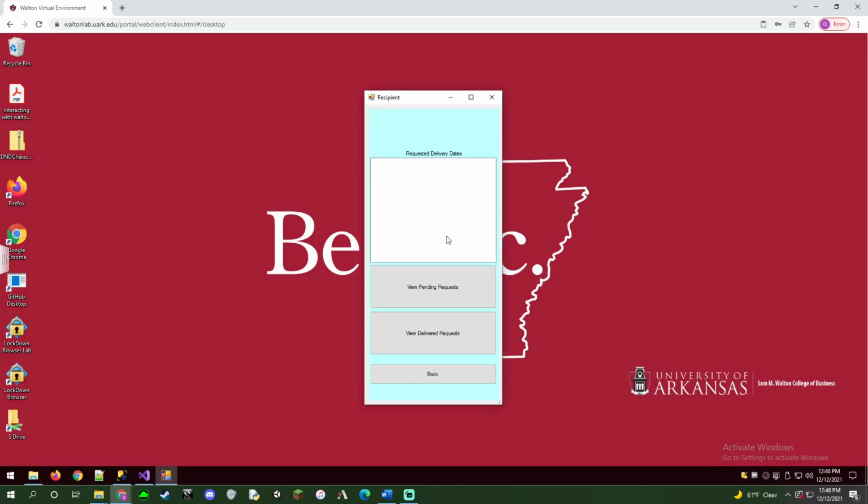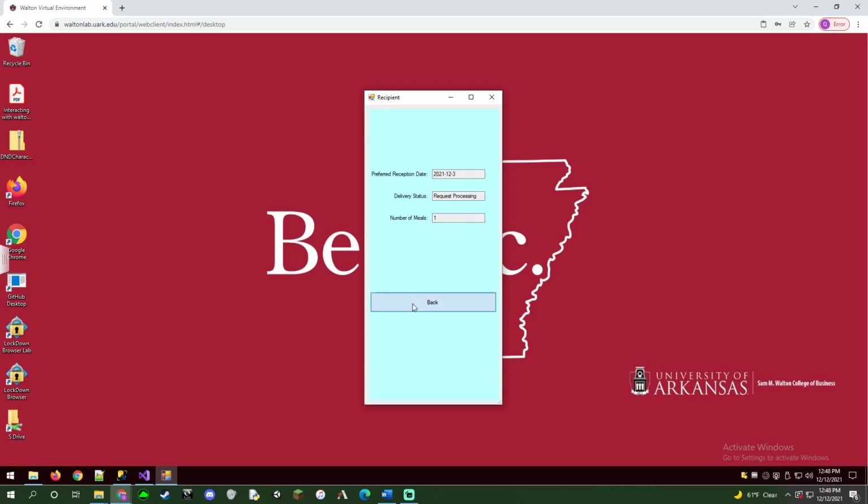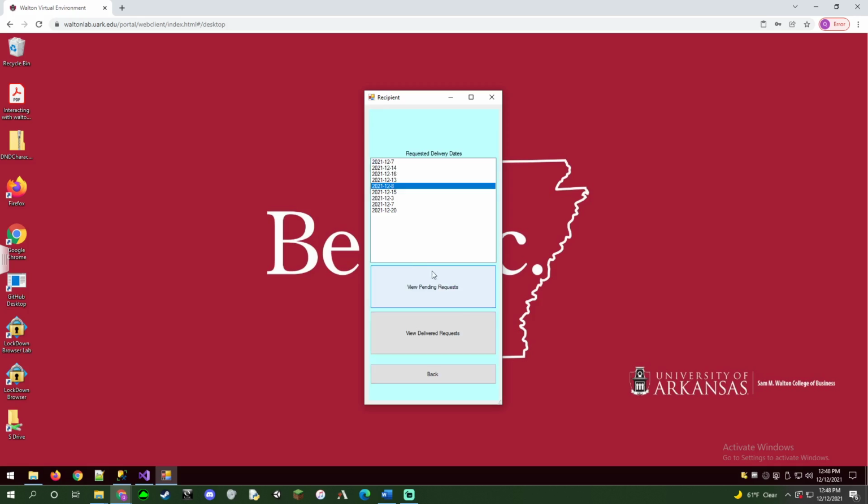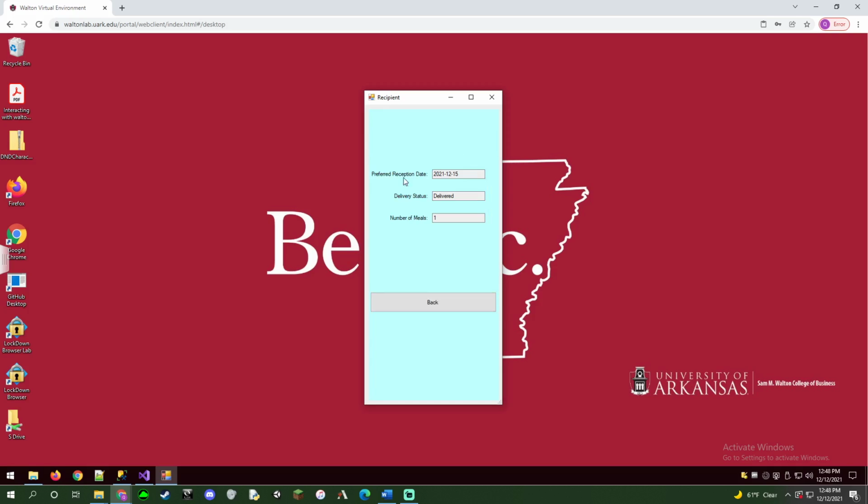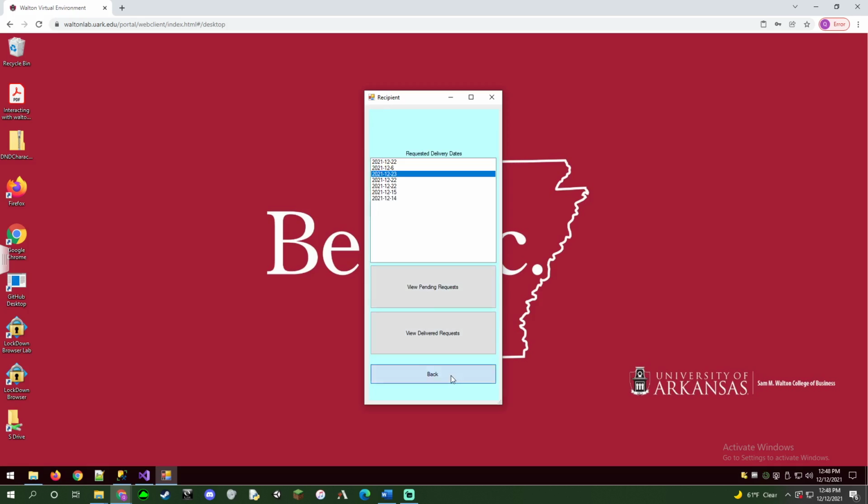So now we can go here and press view requests. We can view pending requests. So these are requests that have not been delivered yet. You can click on them to see their status and some information about it. And then you can also press view delivered requests, and these show past requests that have been delivered. So now we're going to go back,